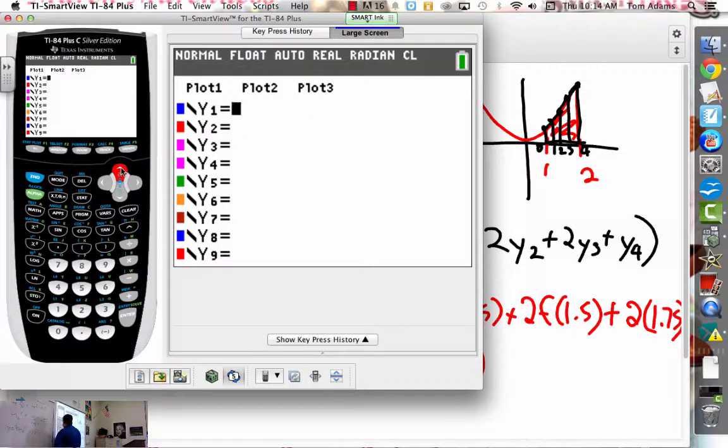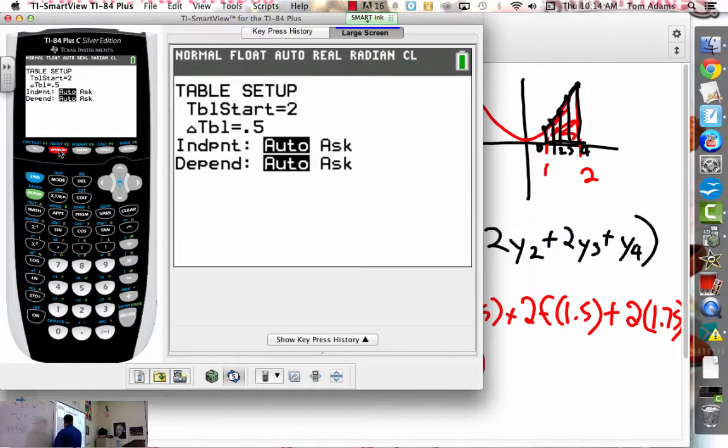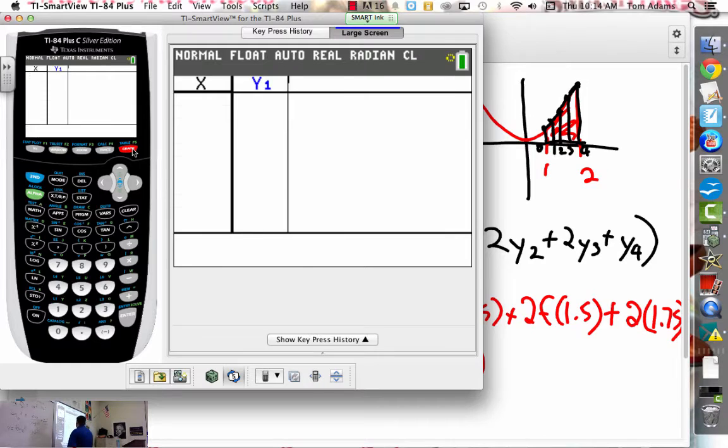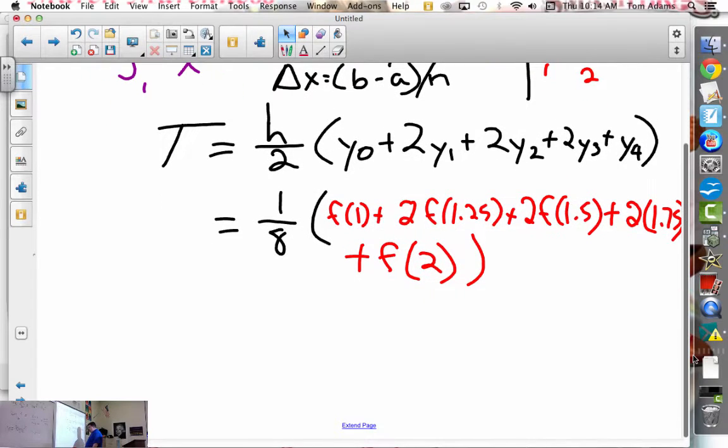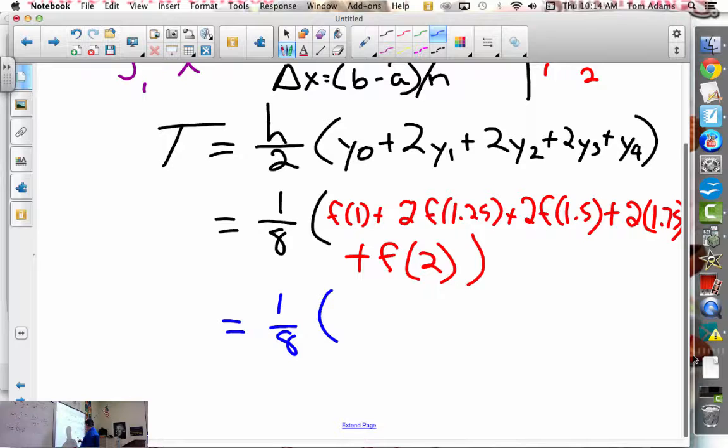My original function is x squared, so I'm going to hit x squared. Now if I go into table set and I start at 1 and I do delta x as 0.25, the cool thing about that is I can get the table and I'll find all the values, okay? Or you could do it by hand, but really I have 1/8 times